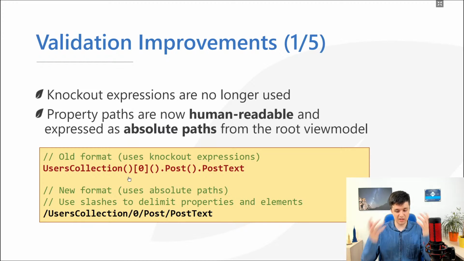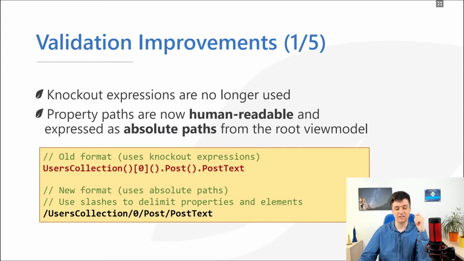That's because, since we are using knockout, we need to unwrap individual observables until we get to the target property that we want to assign a validation error to. So this is not really nice to write nor to read. The new property path format that we are using right now, you can see in the lower part of the code sample. I think we can all agree that it's much nicer and human readable,